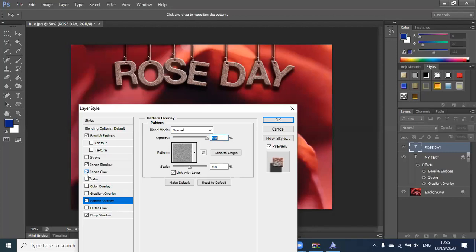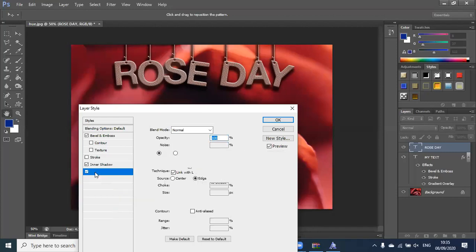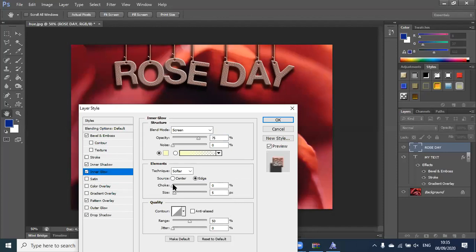Plus you have inner glow, so if you want to give it a glow feeling inside, you can use inner glow. Again, here you can play with the properties. For example, I can make it a little more evidently glowing. This is without the glow, this is with the glow, so I'm sure you can see the difference. Correct. So the idea is trying out various kinds of layer styles and how you can go about using them. It's not necessary that you pick up the same font as mine, mine was just an example. You can pick up any font and do whatever you want.